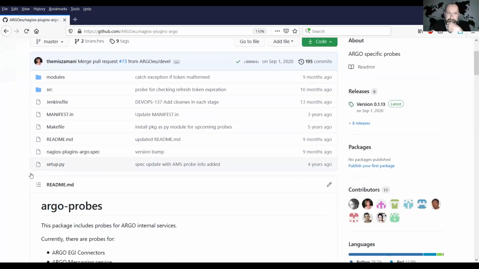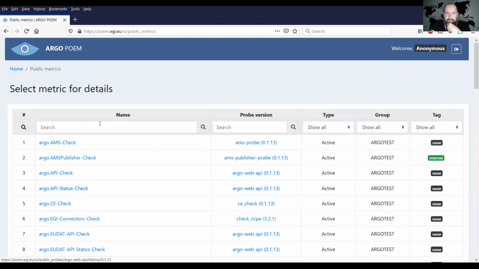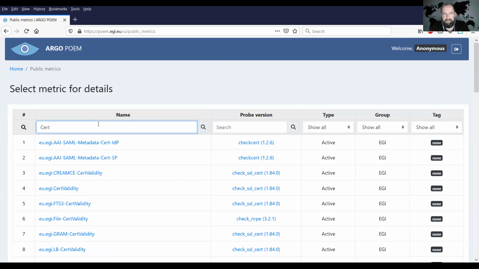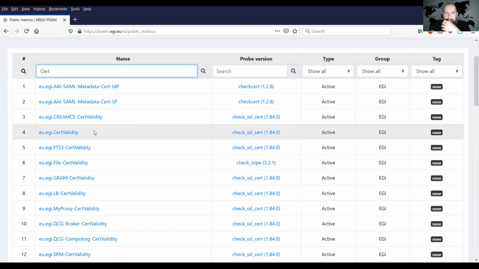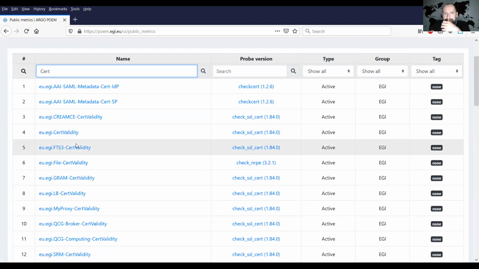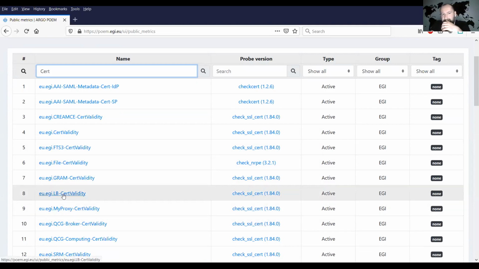But here's an example of... okay, too much. Let's just show you metrics. So before I mentioned certificate validity. For example, here we can see you can have different metrics coming out of the same probe. And their difference might be just one parameter that you pass. So in one case, you give them port A, and in another case, you give them port B.